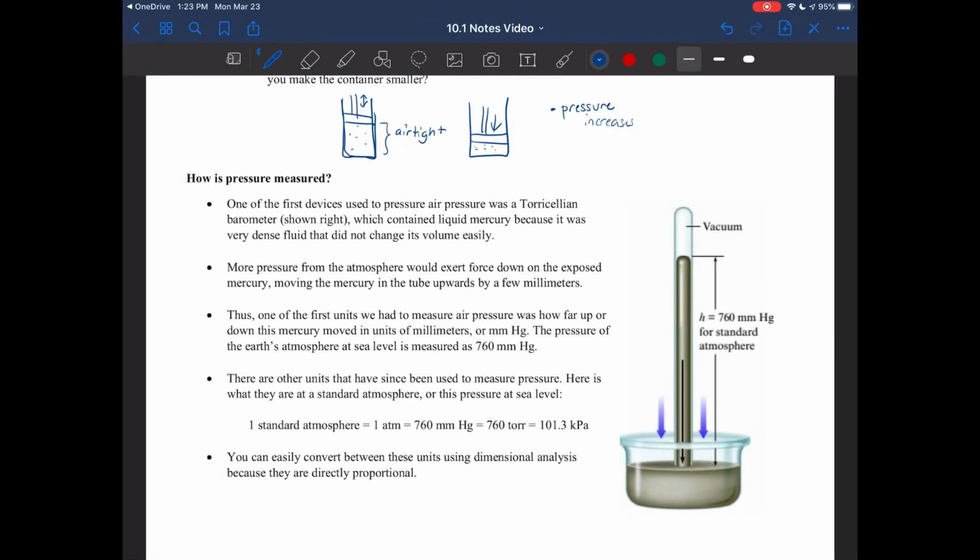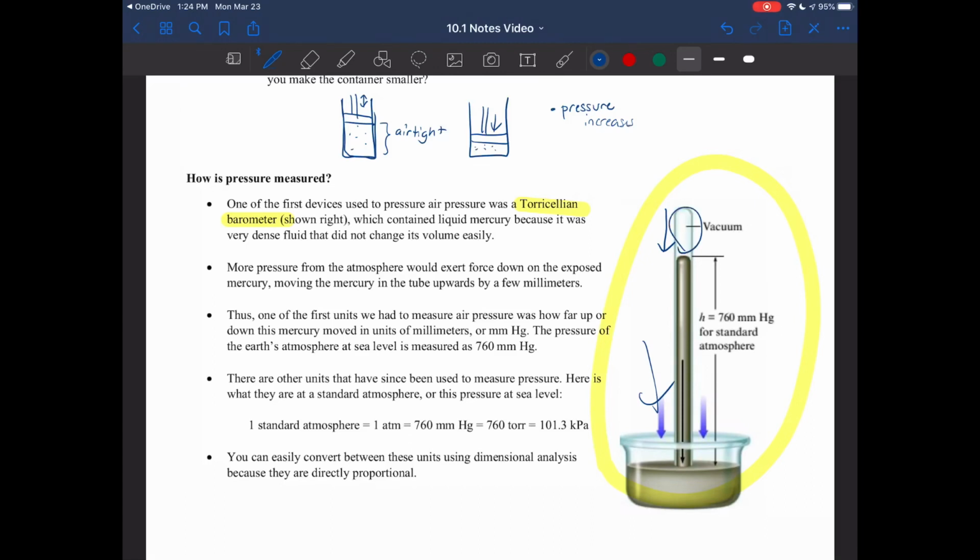Okay, we'll talk more about those pressure relationships later, but let's talk about how we came up with pressure in the first place. Well, there is this device called a Torricellian barometer, and it's shown right here. Basically, someone put a bunch of mercury, a liquid toxic metal at room temperature, into this long glass tube. And they put all this mercury in the tube, and then they turned it upside down and put it into this dish. And what happened is that the mercury fell down the tube and